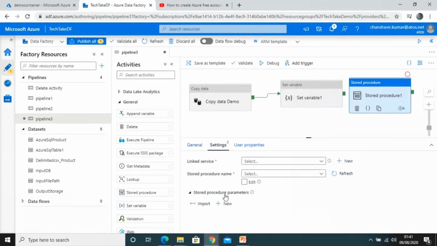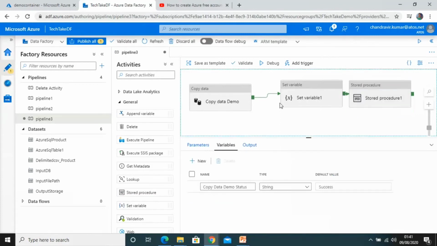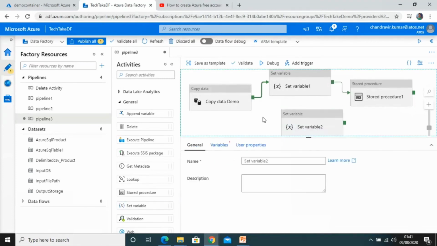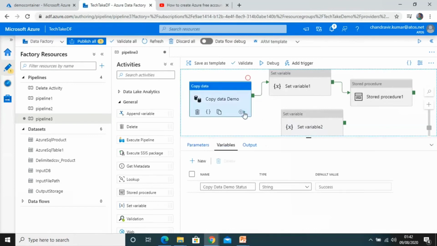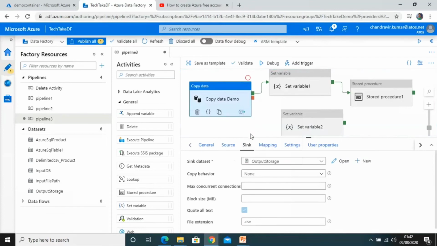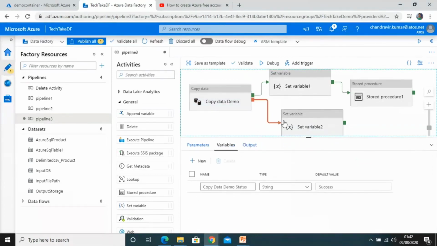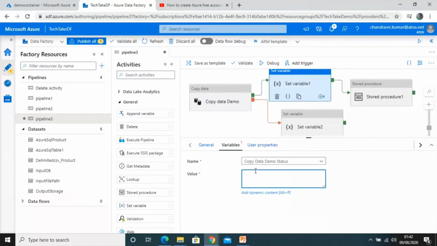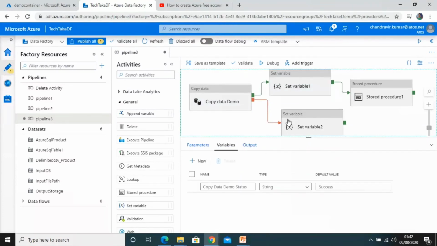Now let me take a stored procedure, drag and drop it. Suppose we have a scenario in the stored procedure where we need a parameter that I am going to pass from this set variable activity. Just take another set variable activity and connect it from copy data demo. If you click here, you will have options like success, failure. This time we will select failure and connect to the set variable activity. For the first set variable the value we have taken is success.